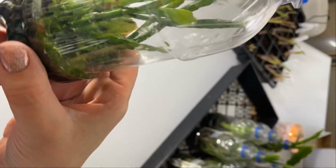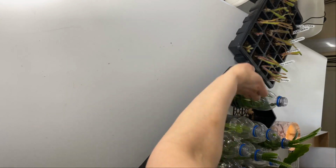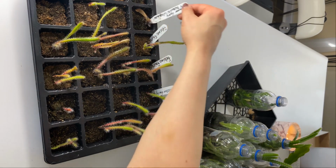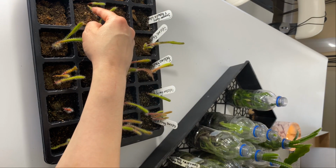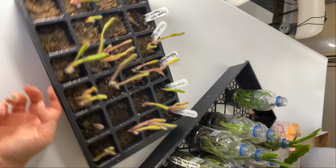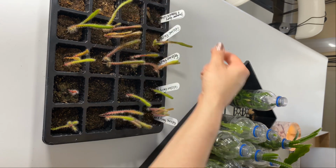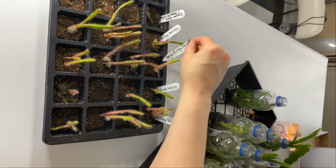So I figured I would open up this bottle and we could separate and plant these guys. And now here we have a bed of seedlings. It looks like Felchino Filou. It looks like I've got some Summer Fairy and Beauty Wagner, but look at that, I only have one seedling that sprouted from that. And there you see I've got a big cluster of Felchino Filou, and then I've got some Felchino Fairy happening here. And then there's more Felchino Fairy, and I don't know what this is crossed with,